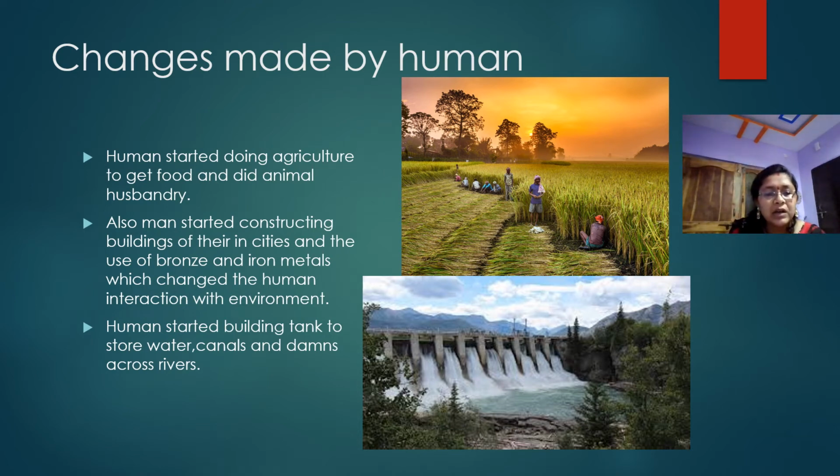So humans started building tanks to store water, and canals and dams across rivers in order to store the rainwater that will arrive in the rainy season. Now they wanted to save that water in order to have fresh water to drink. In the buildings in the cities, they have constructed tanks to store water, through which they can get that water from taps. And in villages, we have